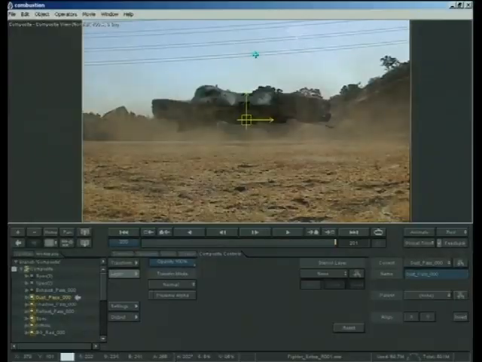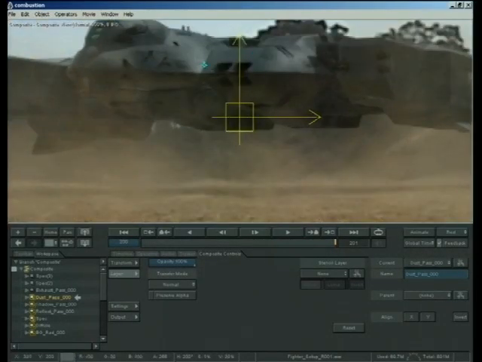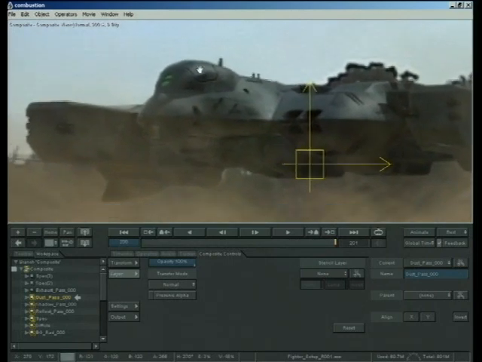So what we're working with here today was shot on DV, so it doesn't have grain per se. We're going to use Combustion's grain tools, and it's going to give us just a little bit of noise to get in there and kind of fool the eye. It won't be perfect, but it'll get us a lot of the way. And we're going to do a little bit of blur just to match the blur that was on the lens and in the footage. So we're going to have to go through and do a little bit of blur on each of the elements,